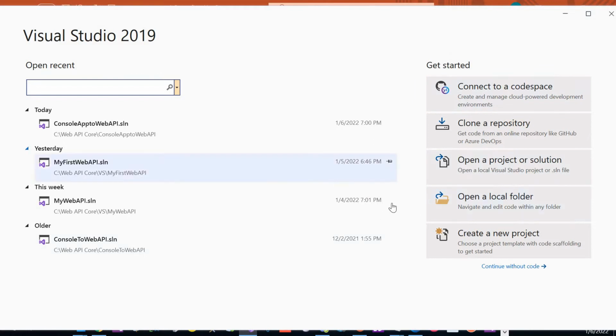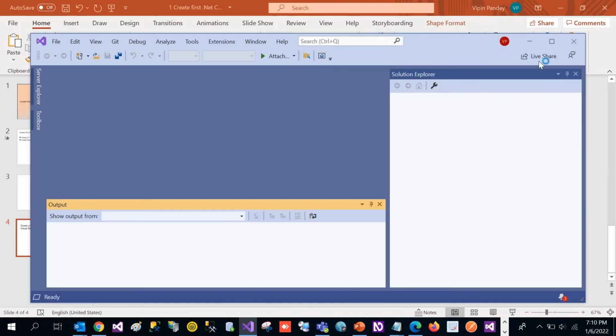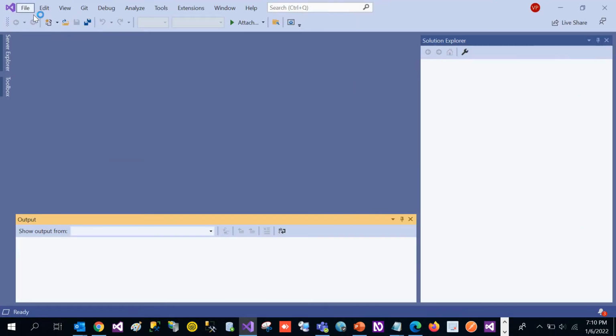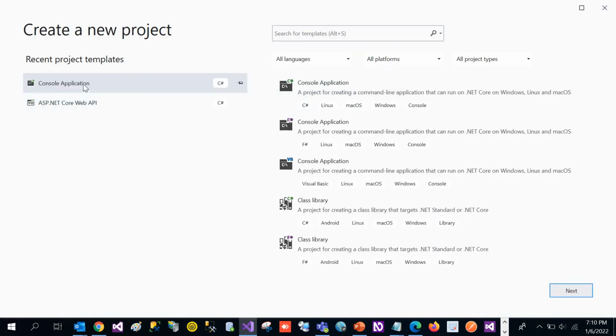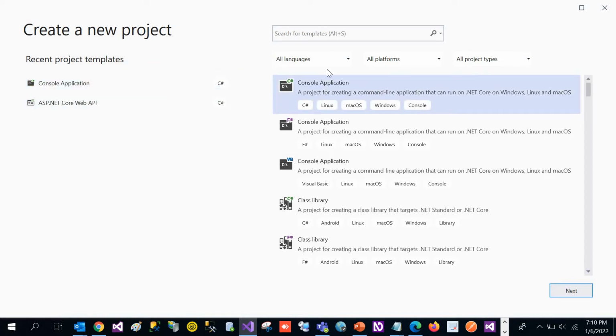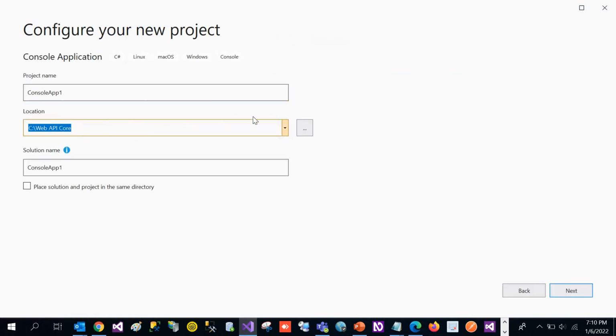and let's create a new project. Either we can create a new project from here, or we can go to our file menu and click on new. Let's create a new project. Let's create a console application, choosing the console application which is supporting .NET Core. Let's click on the next button, and the location would be the same. Let's name the project console app to web API, as we are going to convert the console application to the web API. So let's click on the next button,